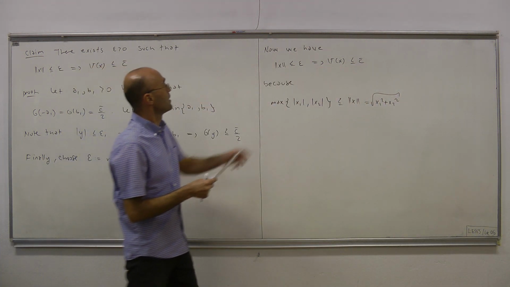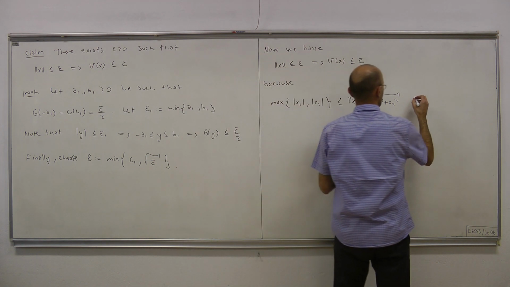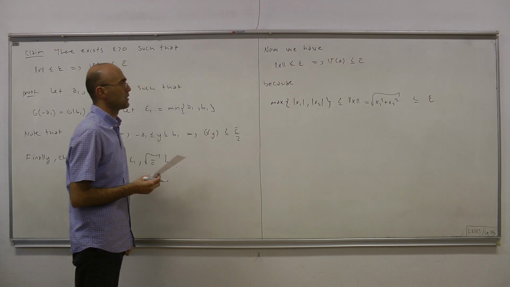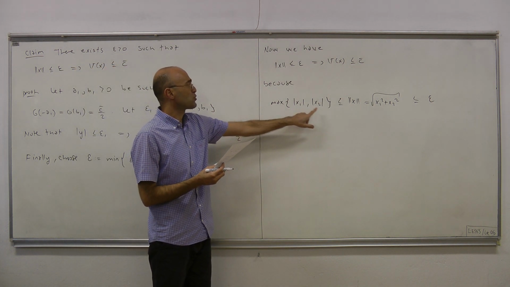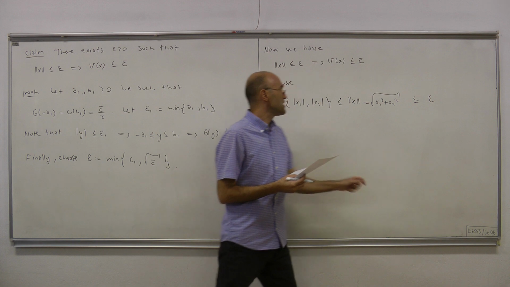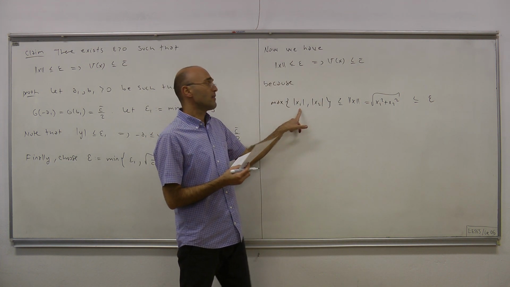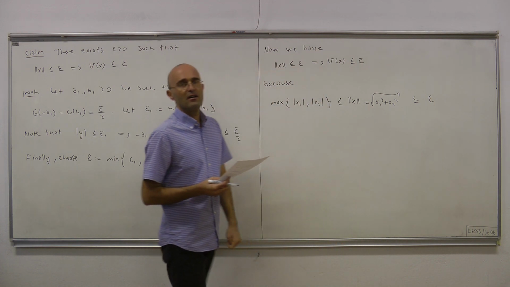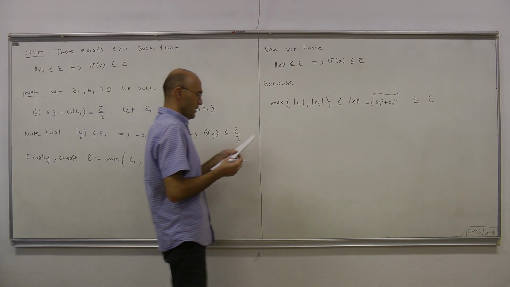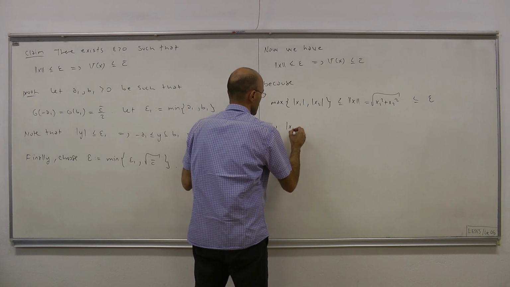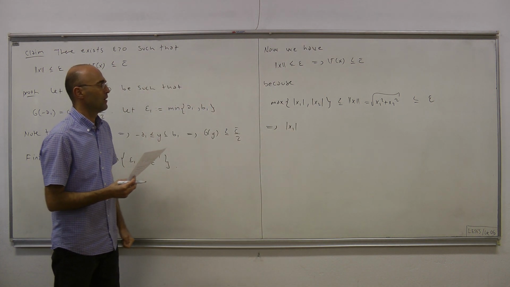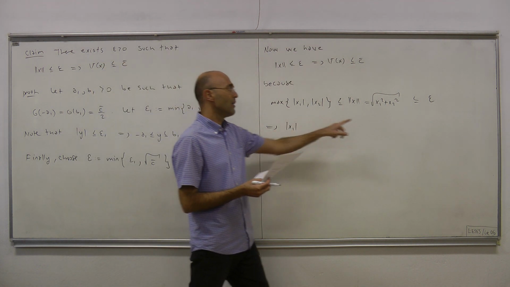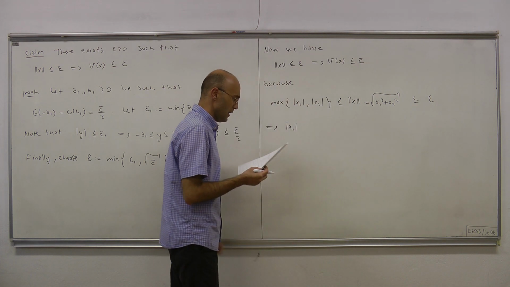Okay, and this is less than or equal to epsilon. So this means the max of x1, x2 less than or equal to epsilon means magnitude of x1 less than epsilon and magnitude of x2 must be less than epsilon separately. Okay, now let's elaborate on both implications. Magnitude of x1 less than or equal to epsilon implies